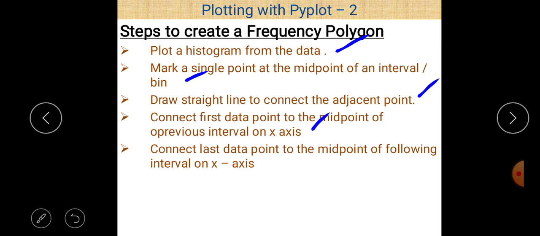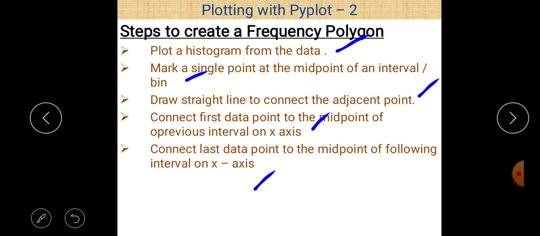And last, connect the last data point to the midpoint of the following interval on the x-axis. After that, we get the frequency polygon. So these are the steps to create a frequency polygon.